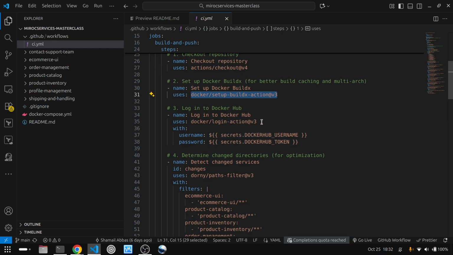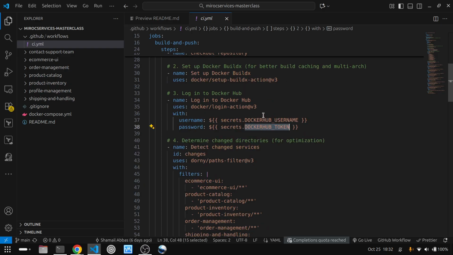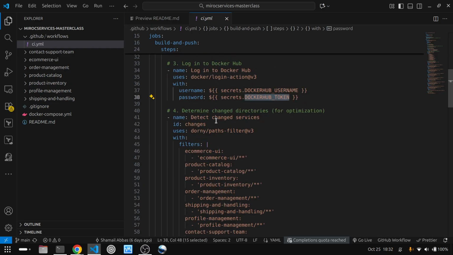First thing first, it logs into the Docker Hub account using the Docker Hub username and then the Docker Hub token. Once it is done with the login, it will build all these images. The first time it will build all the images, right? Because when we push this for the first time, it will build all the images and push all of them to Docker Hub. But what if